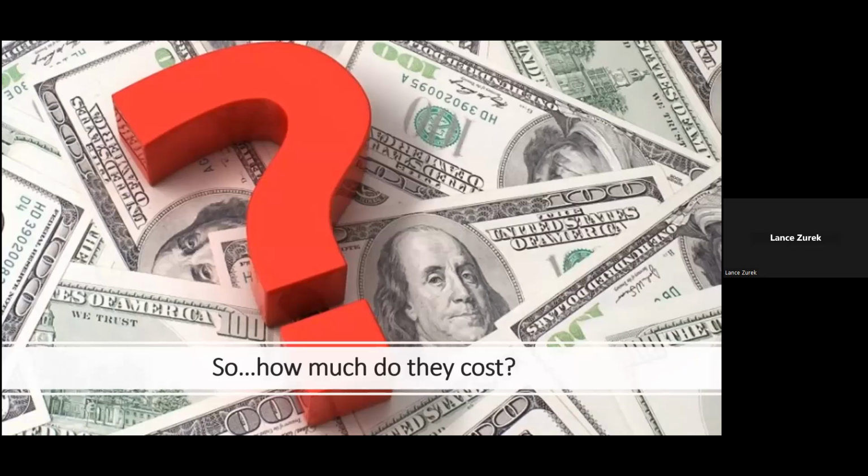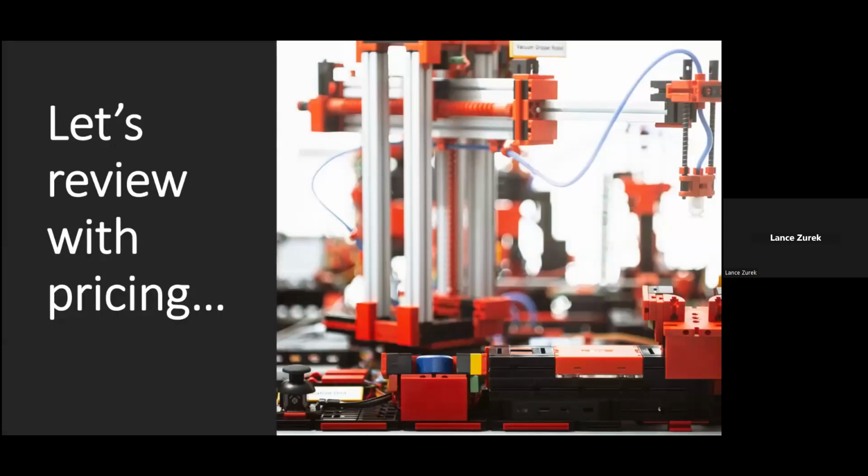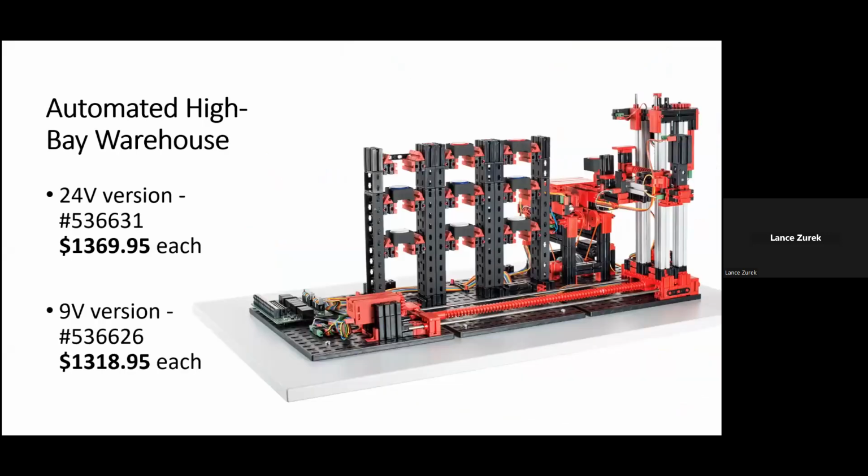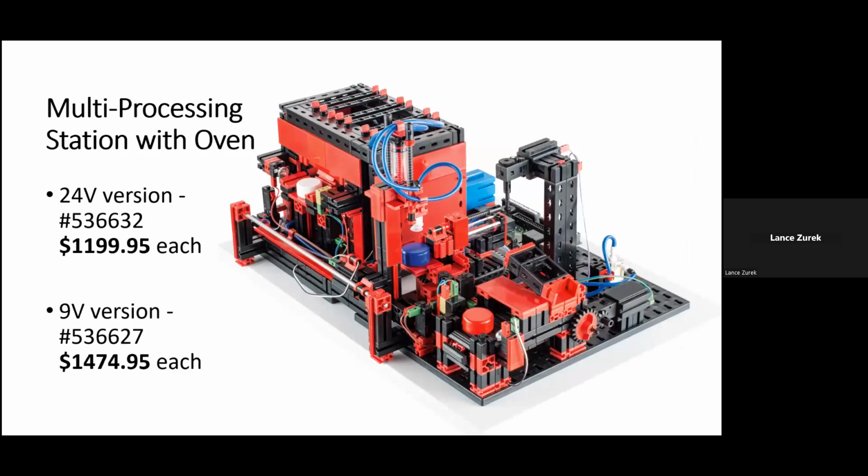Of course, this brings up the question how much these models cost. And let's take a quick review of each option I've discussed, along with the pricing for each. First off, the vacuum gripper robot, currently only available in a 24-volt version. That is $1,129.95 per unit. The automated high bay warehouse in the 24-volt version it's $1,369.95. In the 9-volt version, with the TXT controller connected, that is $1,318.95 each. The multi-processing station with oven in the 24-volt version, you're looking at